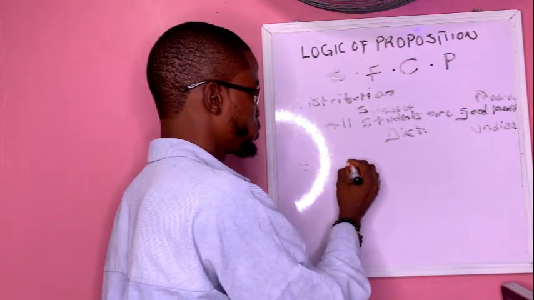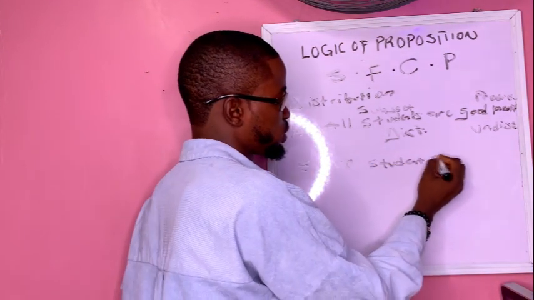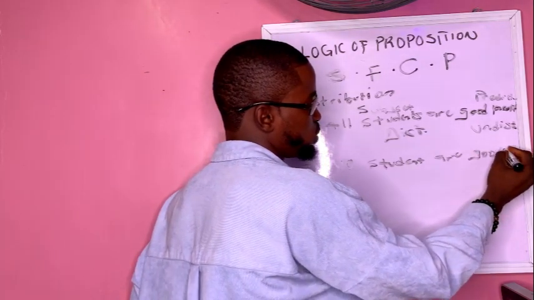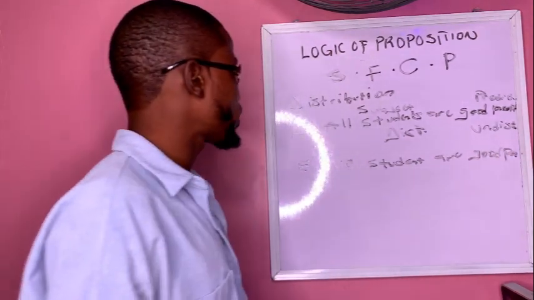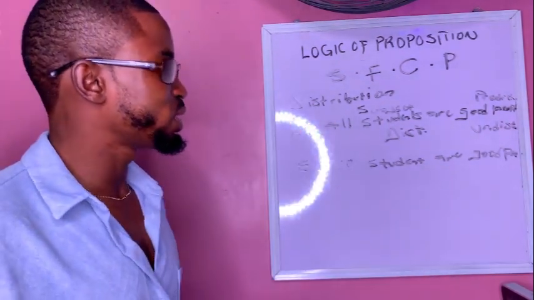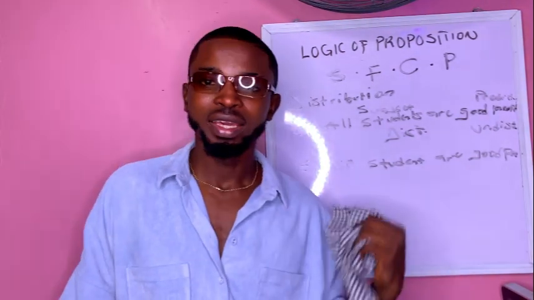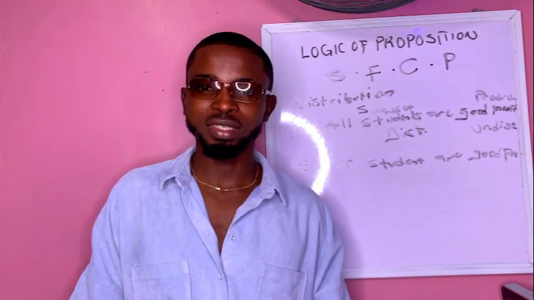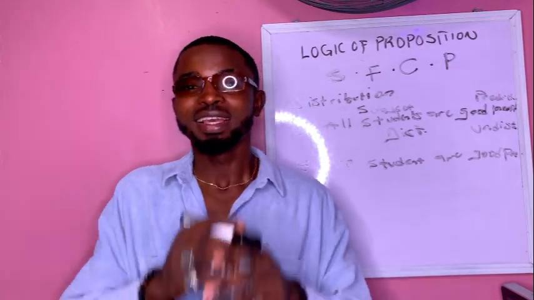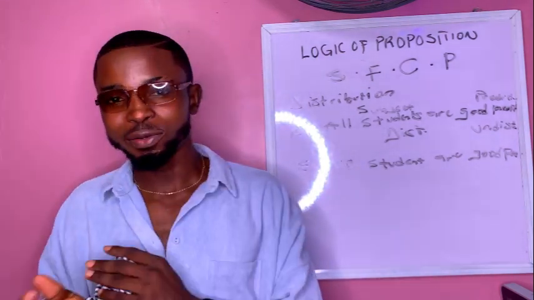Now the E proposition: no students are good people. Let's see whether the subject term and predicate term are distributed or it's just one of them. In E proposition, both the subject term and the predicate term are distributed because the proposition is telling us to check all the students, none of them are good people, and also check all the good people, none